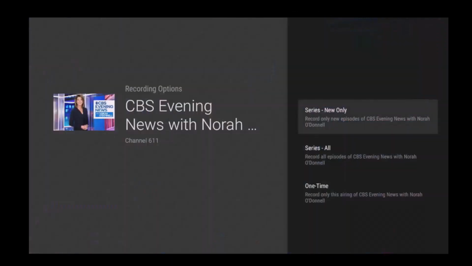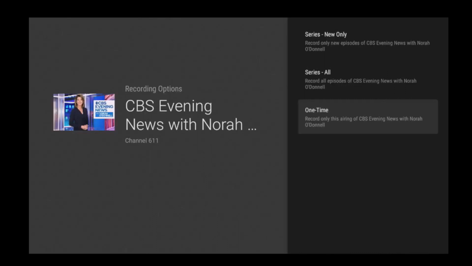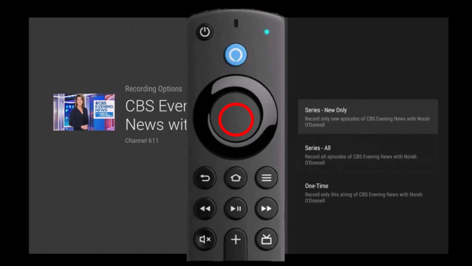Here you have three options. Series, New Only, which means the service will only record new episodes of the series or sporting event. Series All, which will record all episodes of the program, including reruns. And One Time, if you want only to record the single program that you have selected from the program guide. Once you have made your selection, press the center of your remote ring, and you will have made your series